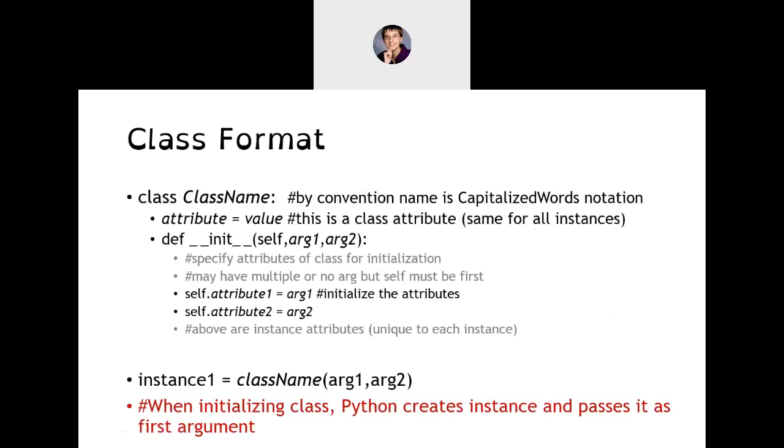So we start with the keyword class, and then we get the class name, and then the colon. As we've seen with if statements and while loops, usually when we start with that initial definition, we end with a colon,